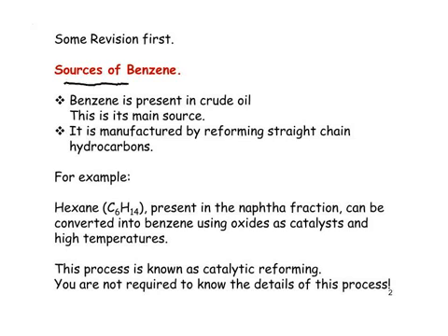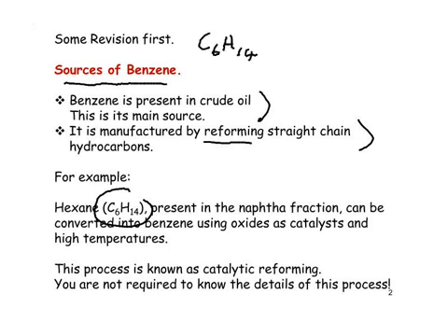In terms of sources of benzene, most benzene is sourced from crude oil. Benzene can also be produced by a process called reforming. As the name perhaps suggests, reforming is a process that essentially changes the shape of a molecule to change it into something more useful. An example of reforming can be shown using hexane, which is the formula